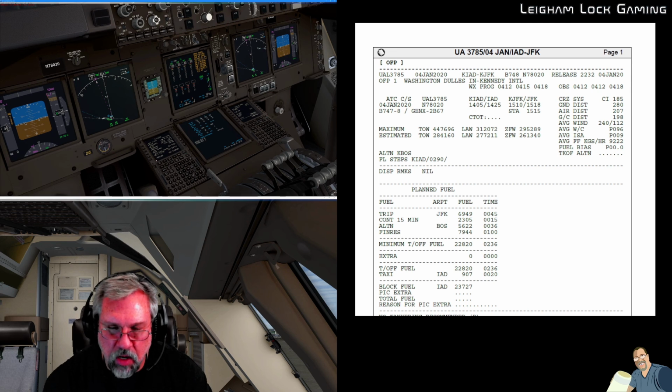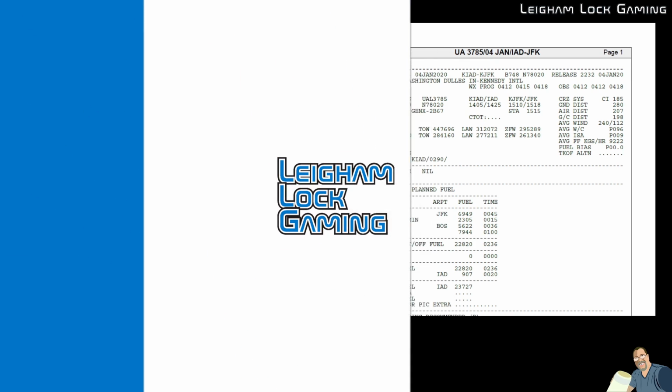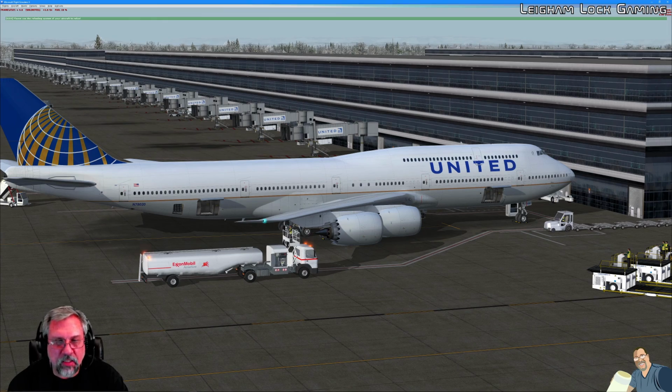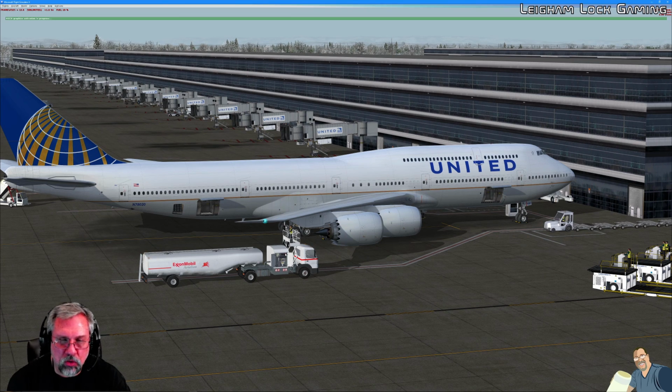Now we need to go to our fuel as well. If we look outside before I set this, you can see that the fuel truck is already connected up to the aircraft, and there's a little zero indication here on the side of the truck. This number will start to increment as soon as we put in our designated amount of fuel that's required. So if we go back now